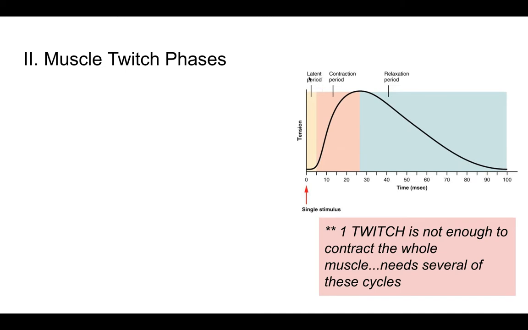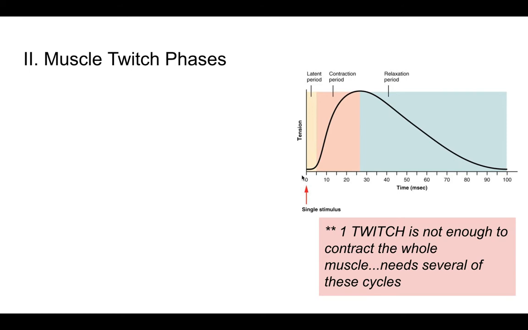So here are the phases or periods. There is a latent period. It's very short. It's very small in terms of time. There's a contraction period for the motor unit, and then there's a relaxation period for the motor unit. So take a second, pause the video, label your diagram with those 3 components, and then come back and let's talk about it. So this particular diagram